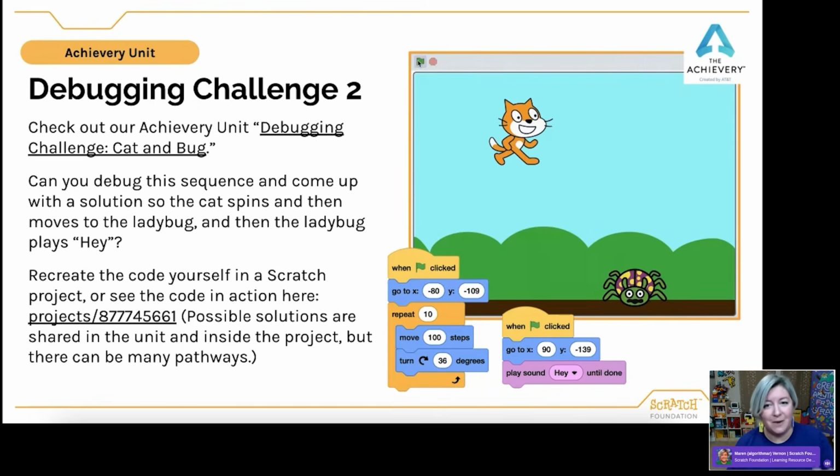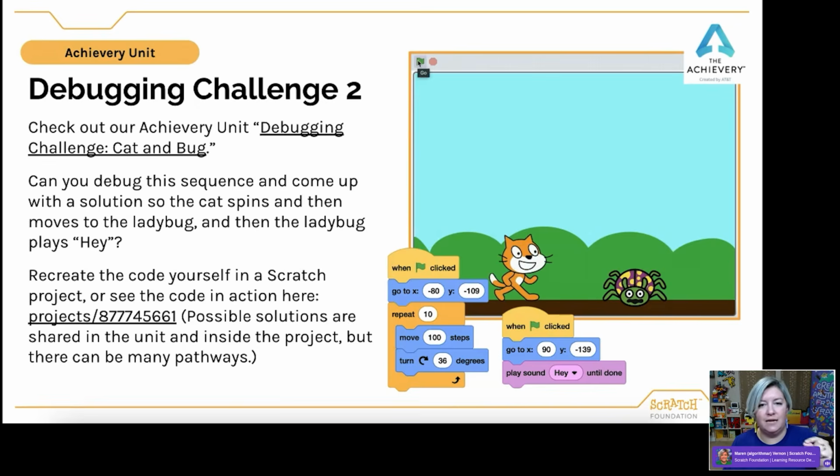So stay on the ground and then move to the ladybug. And then when the cat reaches that ladybug, we want the ladybug to play a sound like, hey.